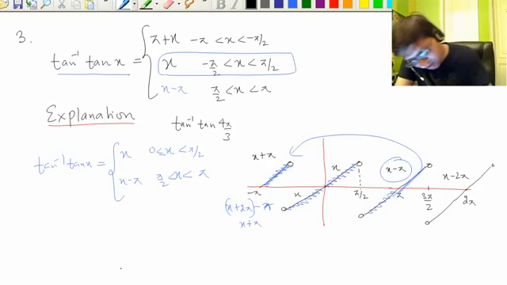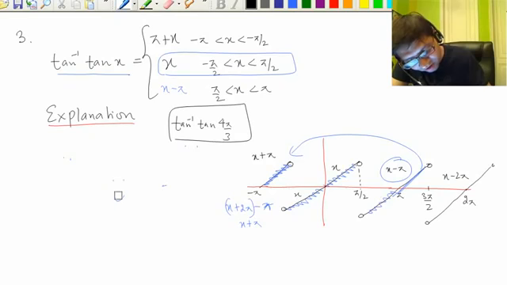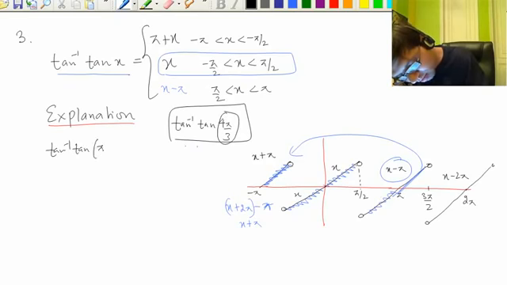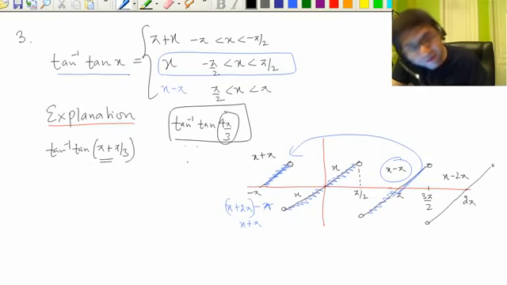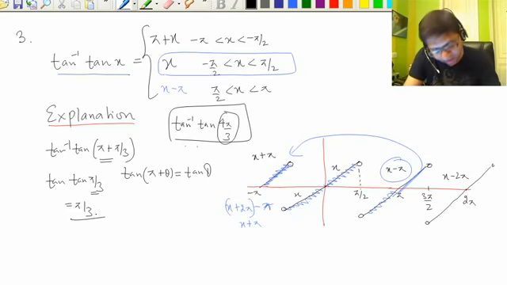Quickly, if you look at this, tan inverse tan 4 pi by 3. How will you simplify it? That's something you need to understand, and it's the same thing every time. It is not in the principal value branch, so to bring it into the principal value branch we write this as pi plus pi by 3, right. And then we have to bring this between minus pi by 2 and pi by 2. So we apply the tan formula, because tan of pi plus theta is tan theta. Now it is in the principal value branch, we cancel, we get pi by 3, right. So this understanding you need to have.